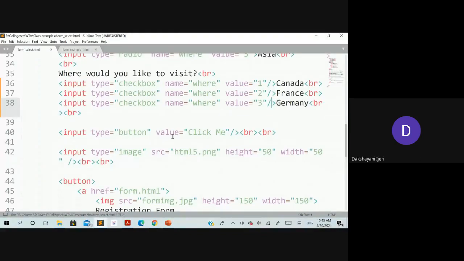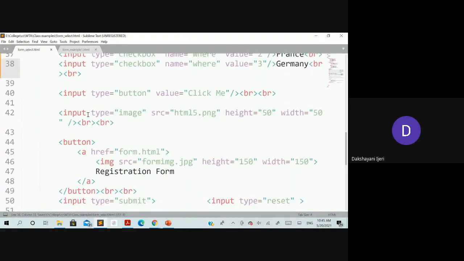Okay. So following that, as I told you, when you want to make an image a clickable button, you can use the input element with the type value as image, followed by the src attribute to tell which image you want to use there, by giving or restricting the proper sizes to make it fit as a button.